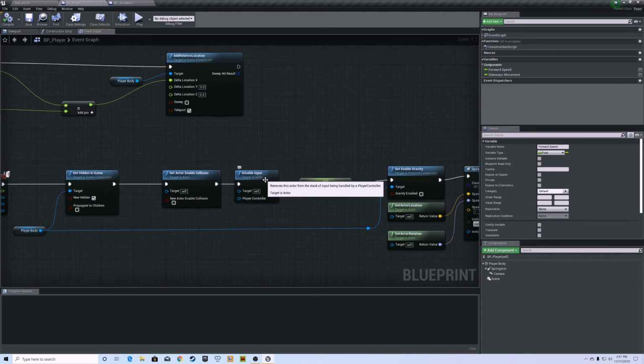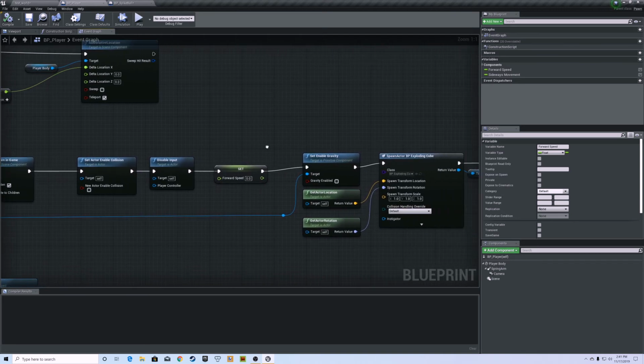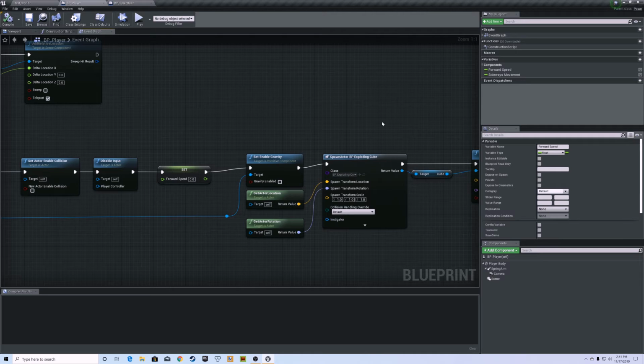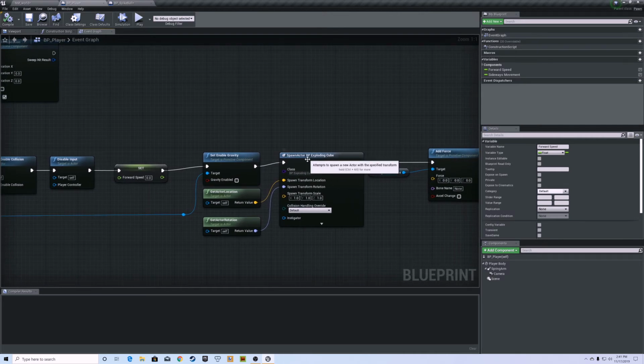And there's also this disable input, so you can't control left and right with the arrow keys. It also sets the forward speed to 0. There's also this, which disables the collision, and that's disable gravity. And also, what it does now is spawn an